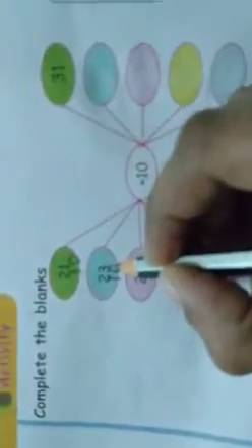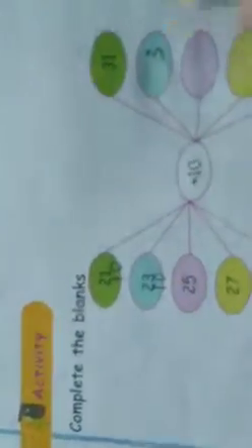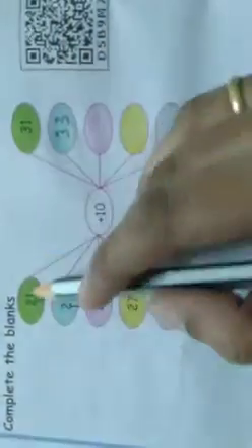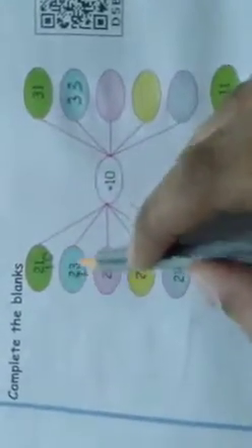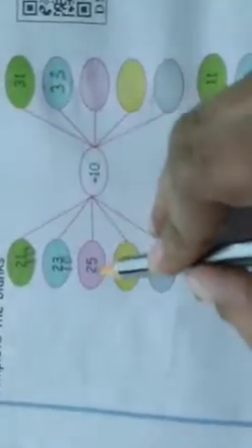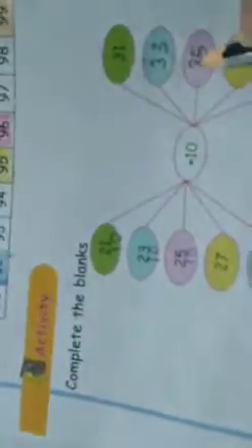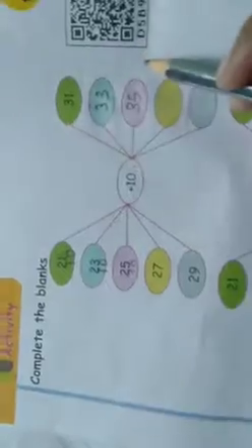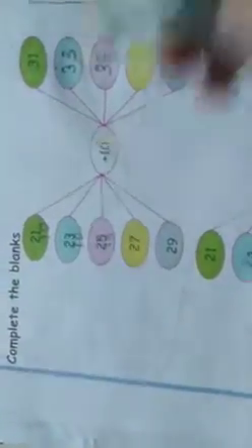Same like that. 23 plus 10. So put the 10 here. 3 plus 0. Very good. 3. 2 plus 1, 3. So 33. Okay. 21 plus 10, 31. 23 plus 10, 33. So next, 25 plus 10. So 5 plus 0, 5. 2 plus 1, 3. Okay, 25 plus 10, 35. 27 plus 10, very good, 37. 29 plus 10, 39. That's all.